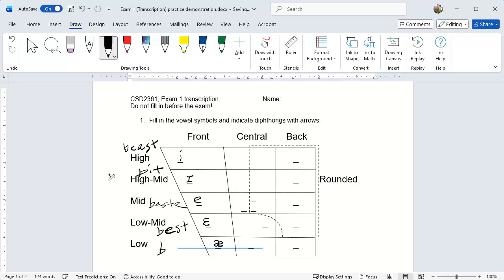Bast isn't a word, but bat would be a word. And bass would also be a word, but the spelling of that would be ambiguous between bass and bass, so I won't put that down. Going up the back, we have